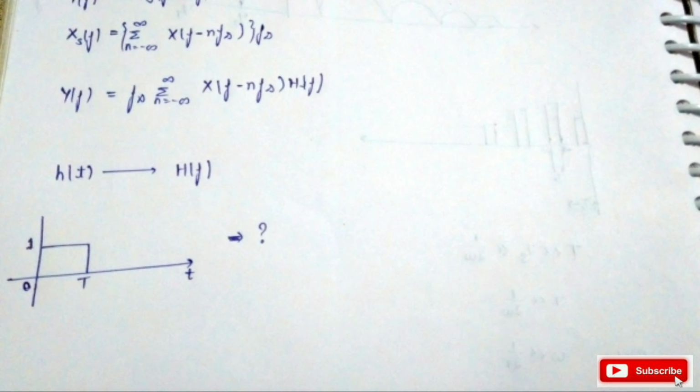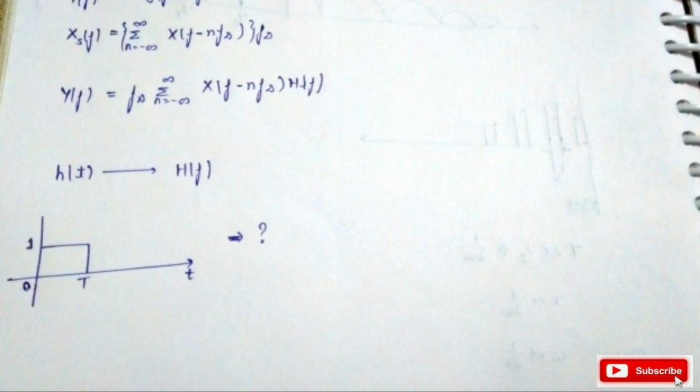Because it is the equation of convolution in the time domain, it will be simple multiplication in the frequency domain, and it is given as Y(f) equal to X(f) H(f). And already we discussed in the instantaneous sampling that the sampler output X(f) is fs multiplied with the summation, n varying from minus infinity to plus infinity, of X(f minus n fs). So Y(f) is fs times the summation, n from minus infinity to infinity, of X(f minus n fs) H(f). So simply we are multiplying the sampler output with our transfer function H(f).